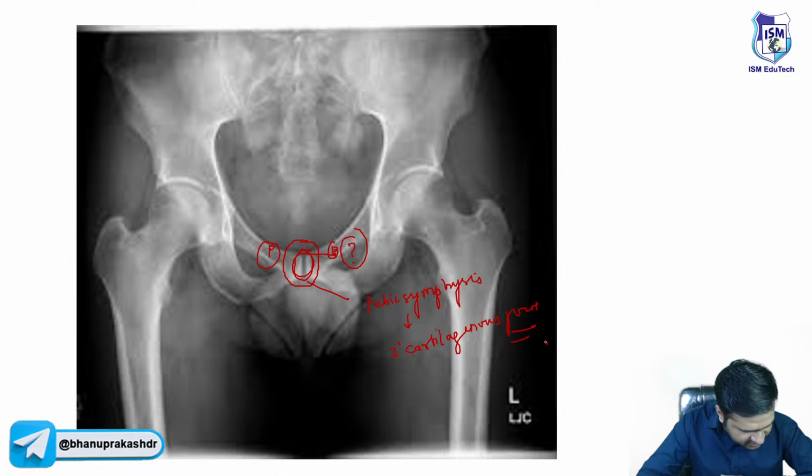समझ में आया सब लोगों को? सेकेंडरी कार्टिलेजिनस जॉइंट है। क्लियर हो गया सब लोगों को? फटाफट से एक थम्स अप दे दो समझ आ गया हो तो।